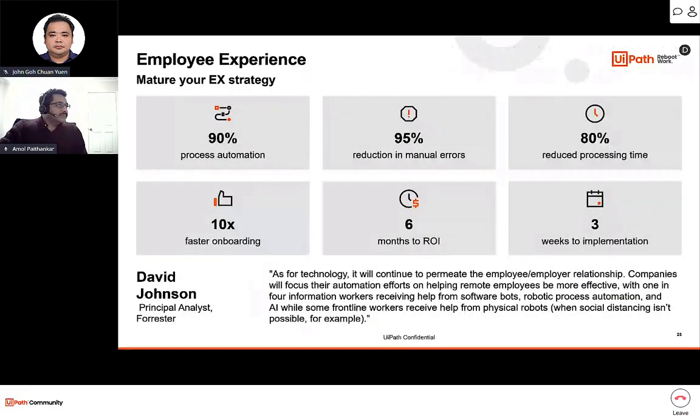Now let's get into the employee experience zone. For employee experience automation cases, reduction in manual errors and faster response time are key. With a mature employee experience strategy, you can achieve as much as a 95% reduction in manual errors and great efficiency through process automation. One of our customers here in Australia,